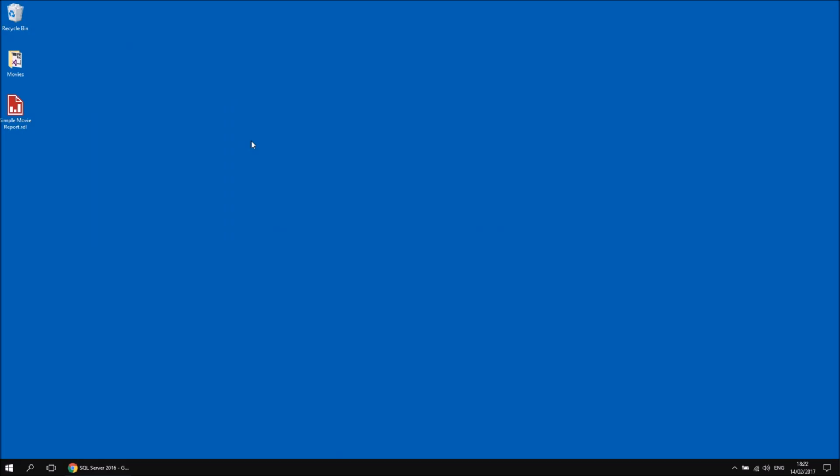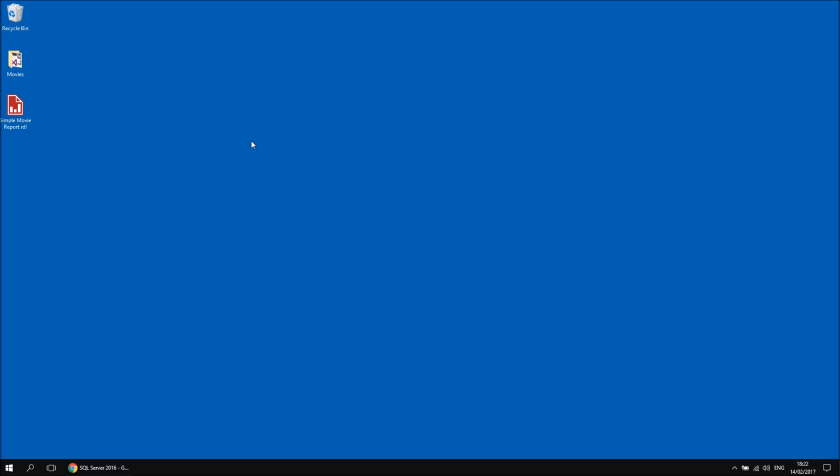Okay, so the final big difference between the two products is in how you get the reports you've created deployed to a report server so that other people can view them. So currently these reports are just sitting on my local machine and they're not deployed to a report server. What I would like to do first is show you the application you'll use to view the reports once they've been deployed. So that's the new web portal, or reportal as I've taken to calling it, which you view via